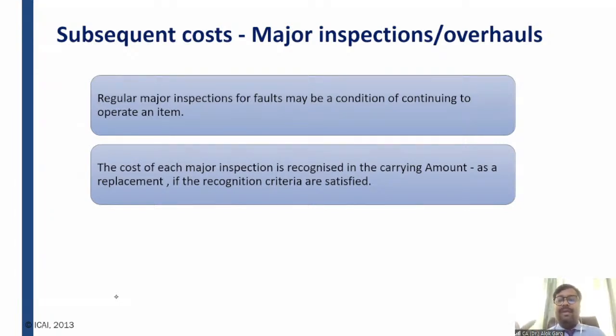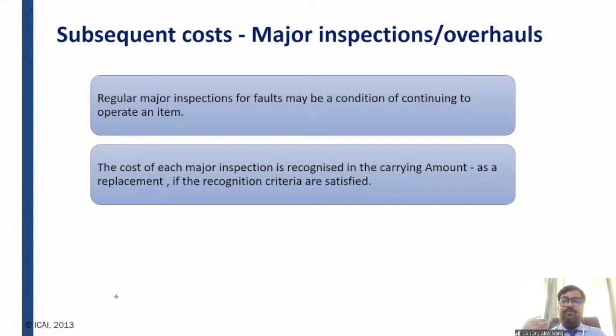So when you buy a commercial vehicle, it is fit for roads, right? It is fit for running. There was a fitment certificate, right? But after some period of time, you have to get that fitment certificate from the authorities. So in this case also,